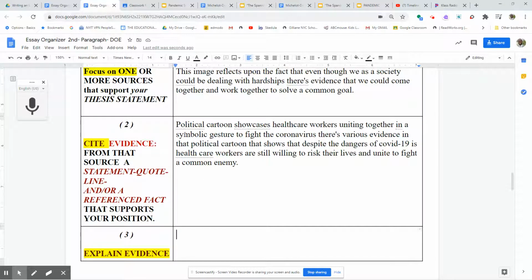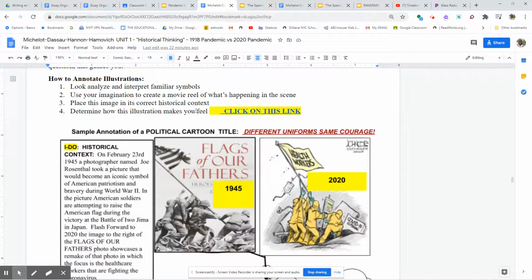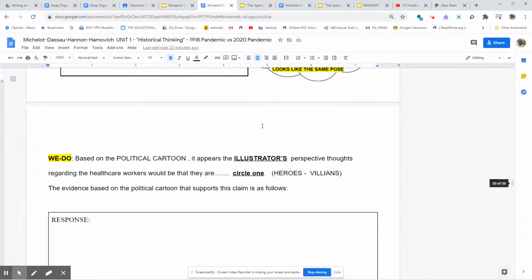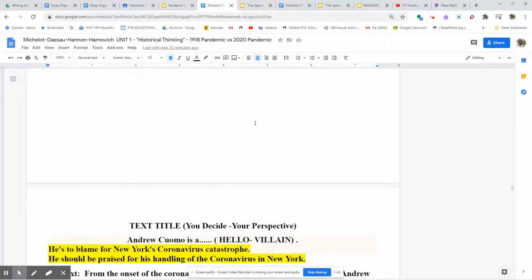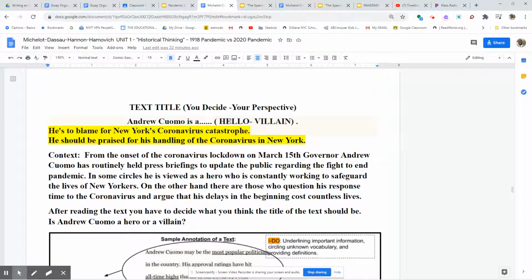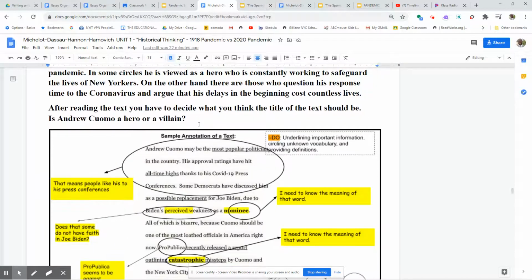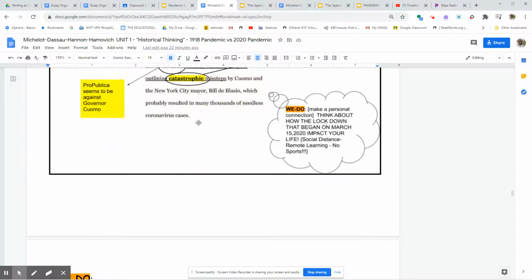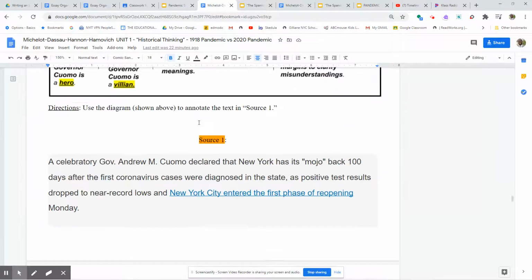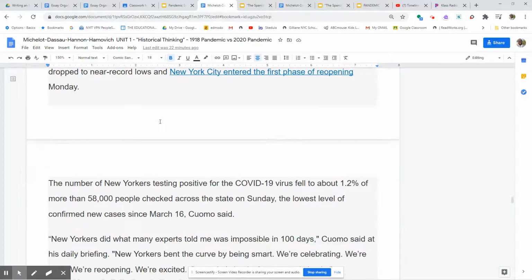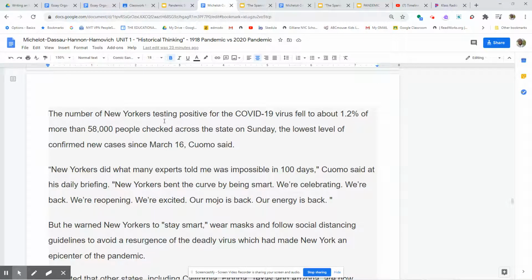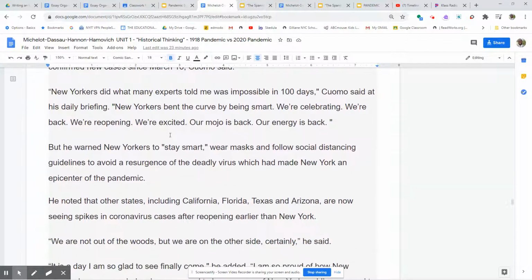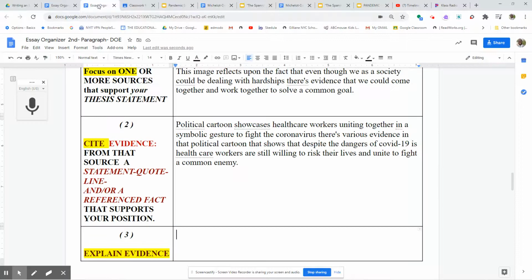Now, explaining the evidence. If I go back to that source, we have the political cartoon. We also have the information about Governor Andrew Cuomo. Should he be considered a hero or a villain as a result of his cause to fight the pandemic in New York City? And we also had an article in here which talks about what he did during the time that we were all in lockdown, specifically on March 16th. I'm not going to read the whole article again, but as you read the article, it showcases what he encouraged us to do. So if I go back here,